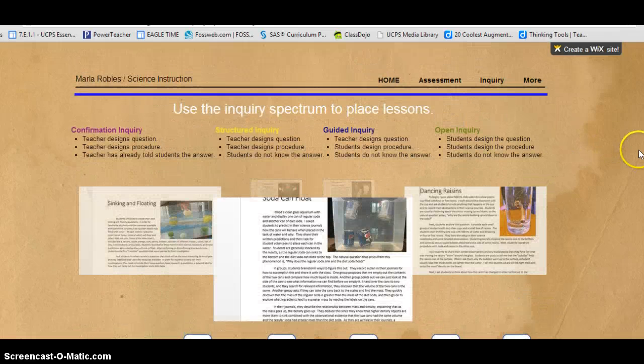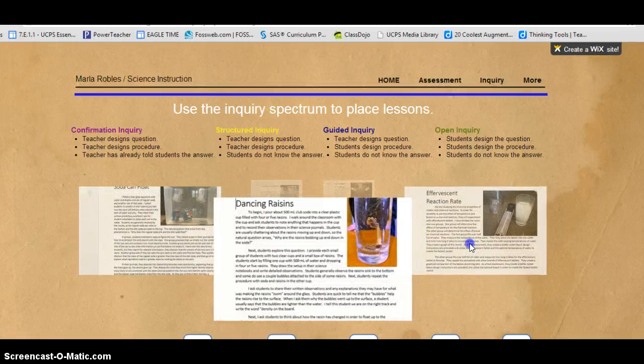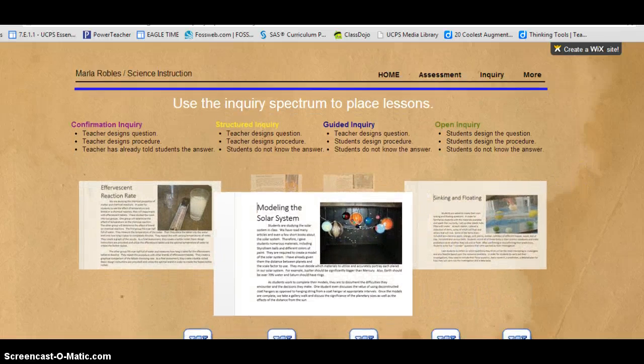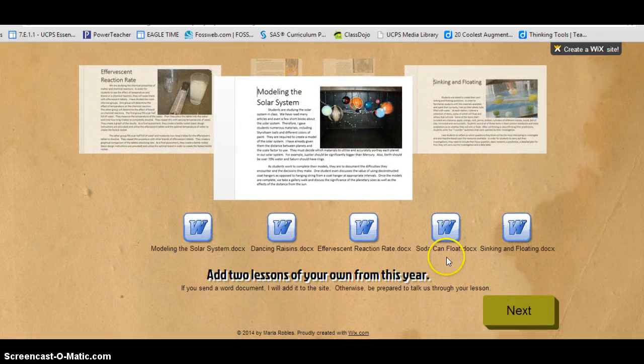Once we finished that, we brought together our lessons that we brought with us to see where exactly we fell in this curriculum. Then we looked at some other lessons that I created as well for us. And we decided where each of these lessons fell on the inquiry-based curriculum. After that,